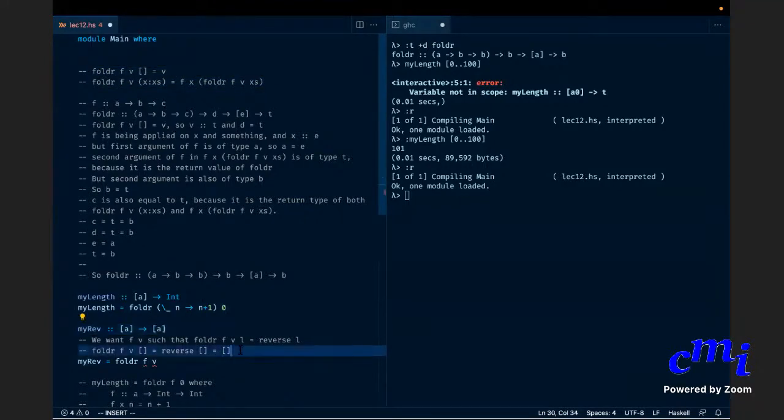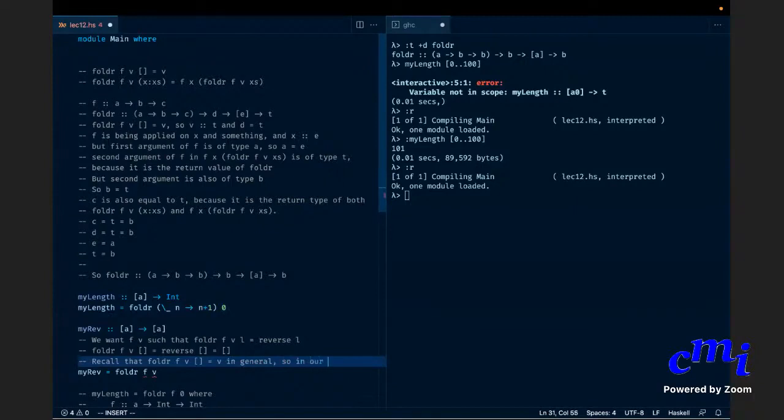Recall that foldr f v empty list equals v in general. So in our example, v equals empty list.